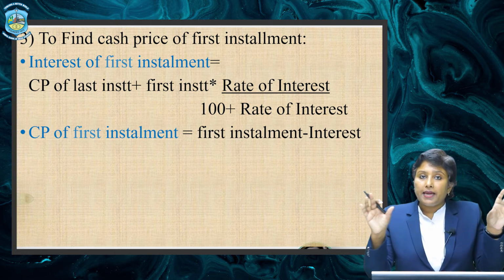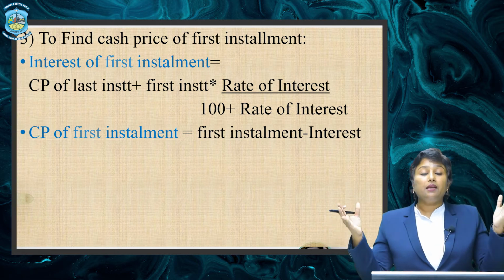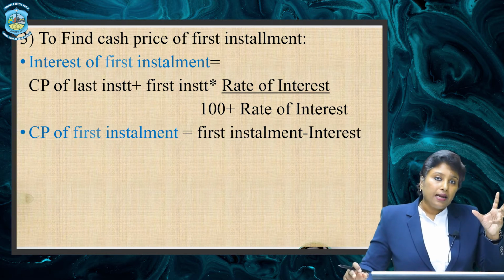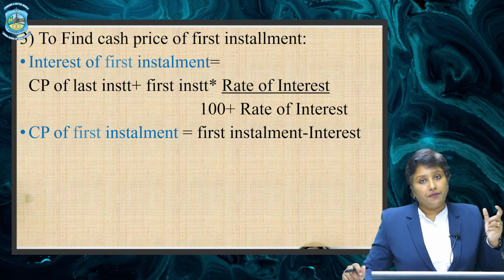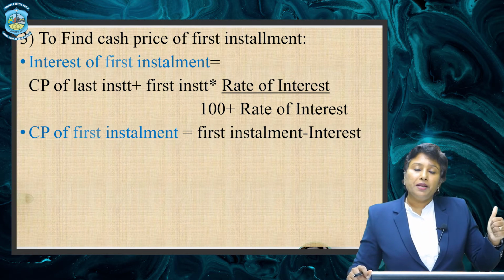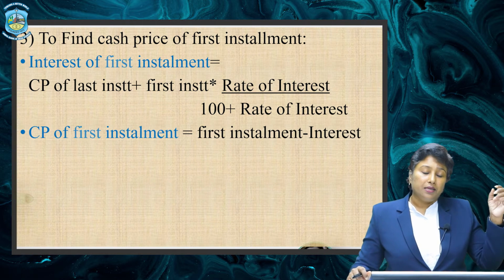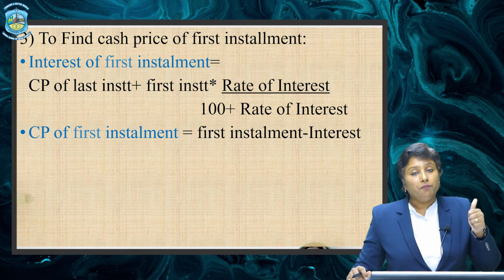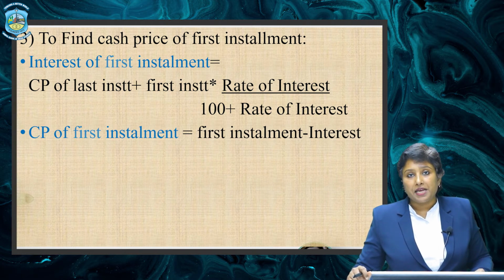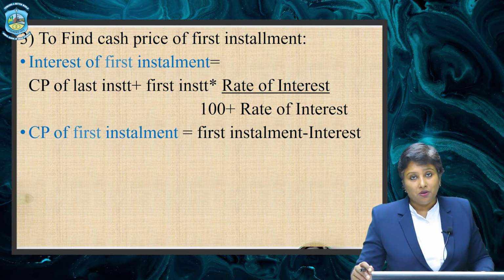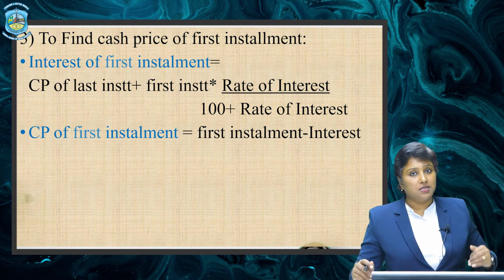If you add up all the cash prices together, you will get the aggregate cash price, and the amount of interest you have already calculated, find the total of these to find the total interest as well. Okay, very simple ways, different ways to calculate cash price. One simple method is simply deducting interest from the hire purchase price, the very first method. Second, when annuity rate is given, then how to calculate cash price, and this is the back calculation method or the reverse calculation method, okay, starting from last and coming to the first installment.